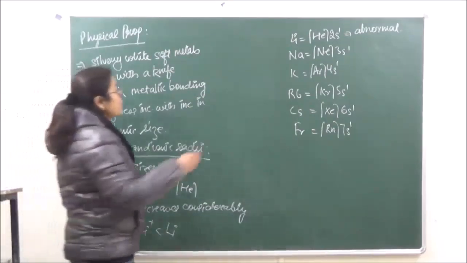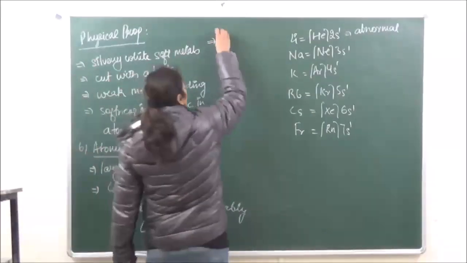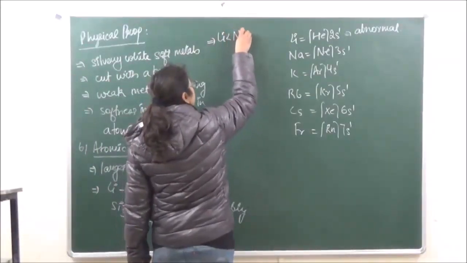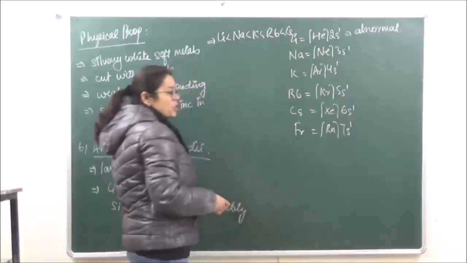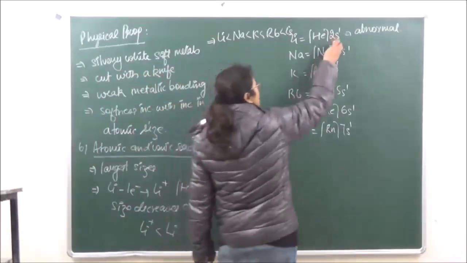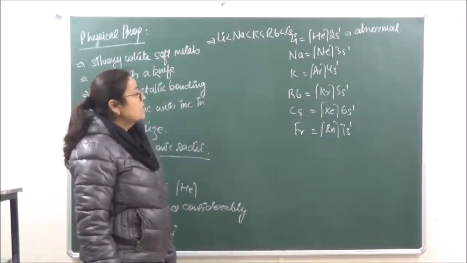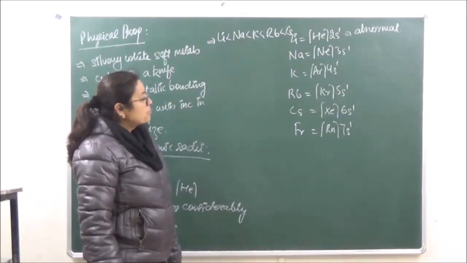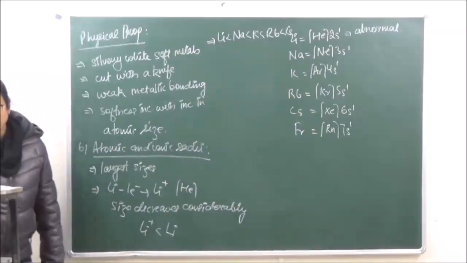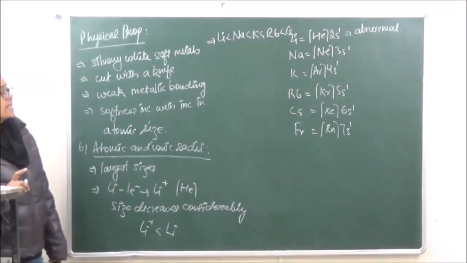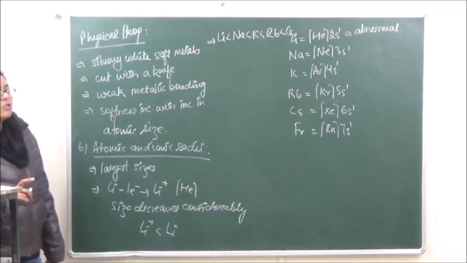In other words, in general, we can say that as we keep going down the group, the size will keep on increasing. So lithium is going to be smallest, then sodium, potassium, rubidium, cesium, and then of course francium. The reason behind that is the introduction of a new principal shell. If you're going from lithium to sodium, we are entering into the 3rd shell, then potassium to the 4th shell, rubidium to the 5th shell, cesium to the 6th, and francium to the 7th. Okay, so we are introducing a new shell. That is how the size will keep on increasing. Now because the size increases, the volume will also increase, right?